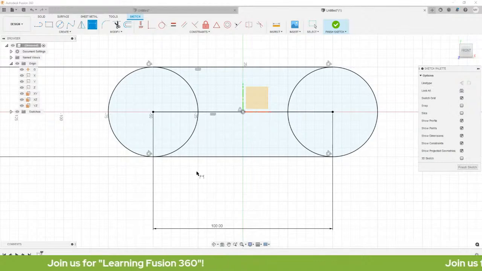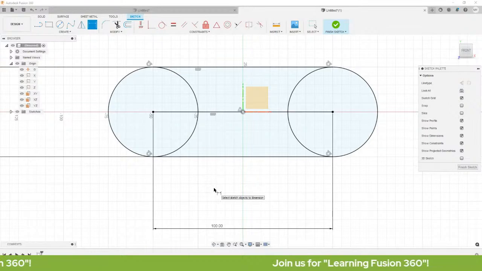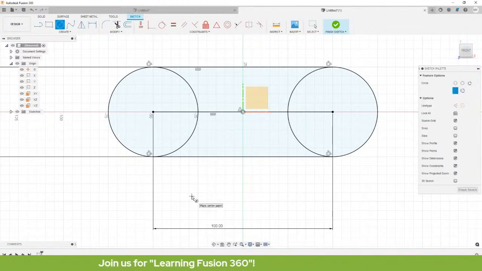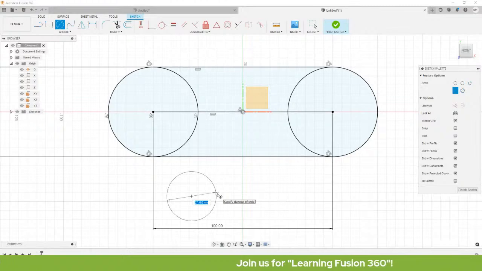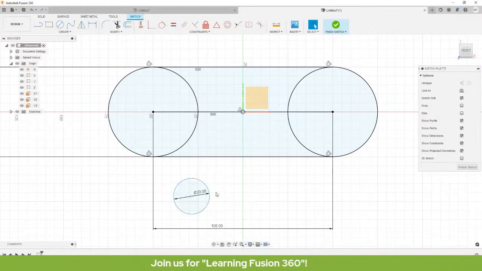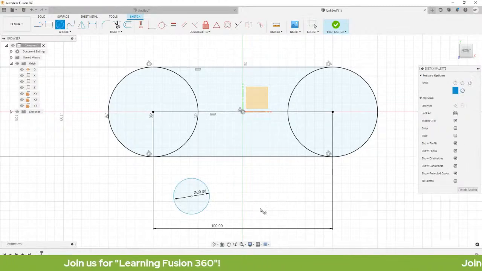Okay. So, ngayon, naka-sketch dimension pa tayo. Pwede na tayong magdiretsong press ng C. Ayan. So, nag-change na siya ng circle. So, place the center point here. Left click. Let's key in 20. Okay. And press C once more.